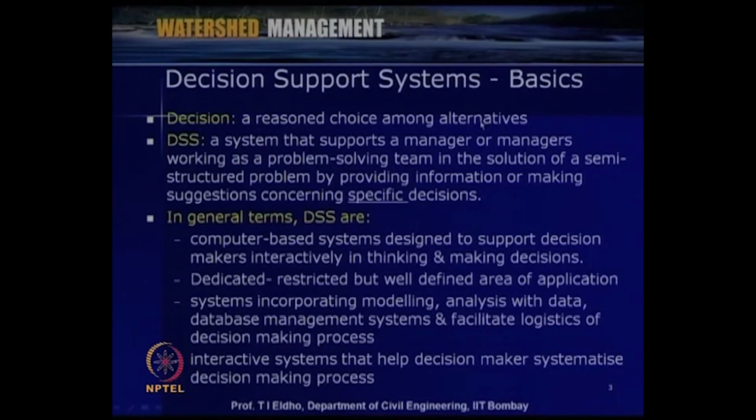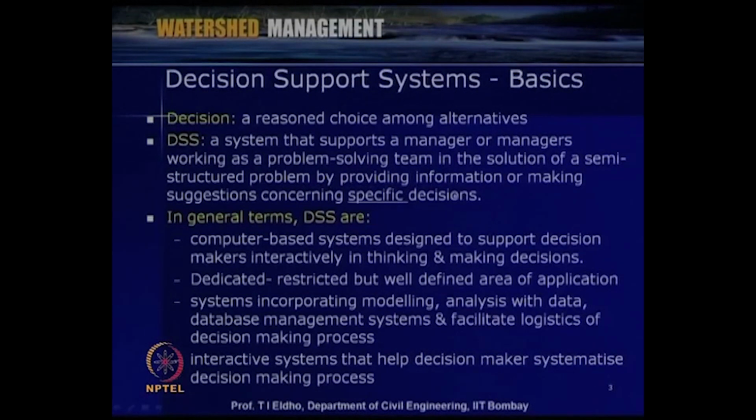We can have different alternatives, and among those the reasoned choice is the so-called decision, and it is made by the decision maker. And a decision support system or DSS means a system that supports a manager or managers working as a problem solving team in the solution of a semi-structured problem by providing information or making suggestions